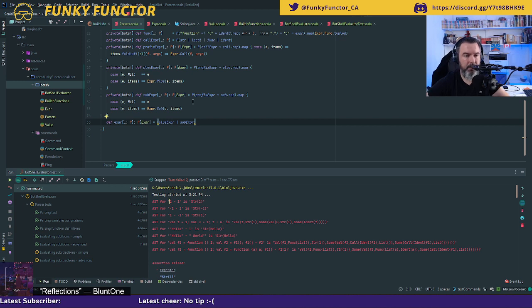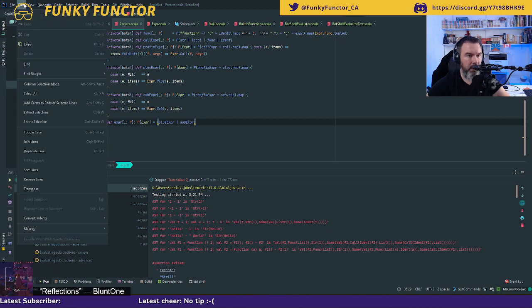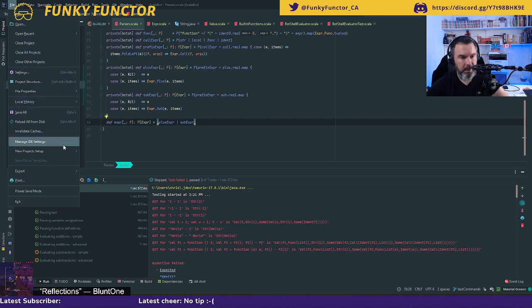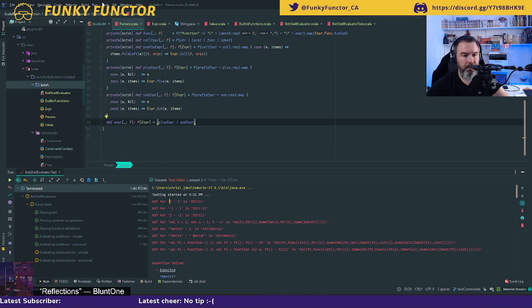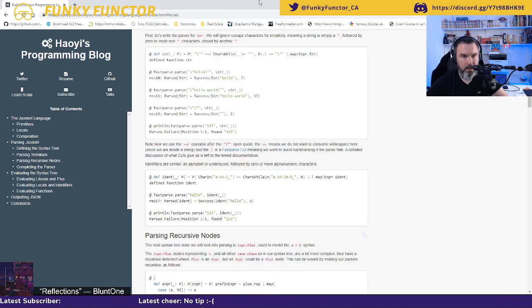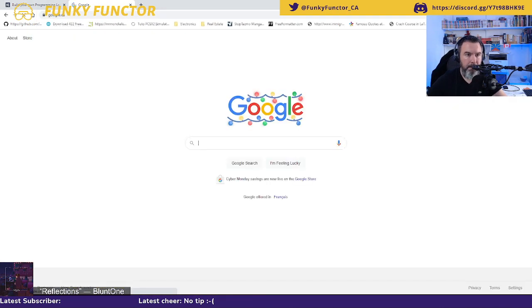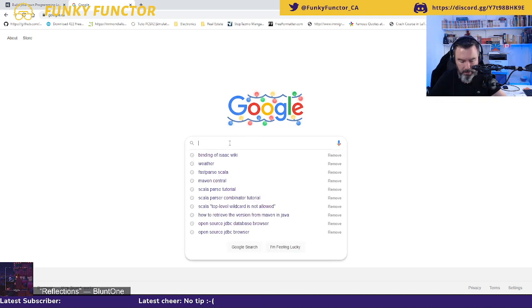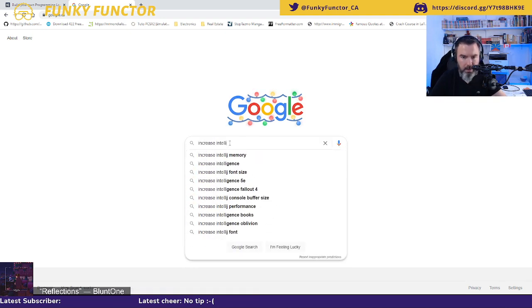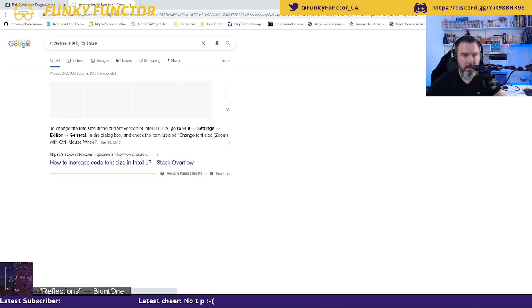Oh, that's a pretty good point. Thanks for the feedback. Where do I change that again? There is an option in IntelliJ to make this a bit bigger. And I keep forgetting it. Hang on, no, that's not it. Give me 1 sec, I'm just gonna Google that. I want to see increase IntelliJ font size.